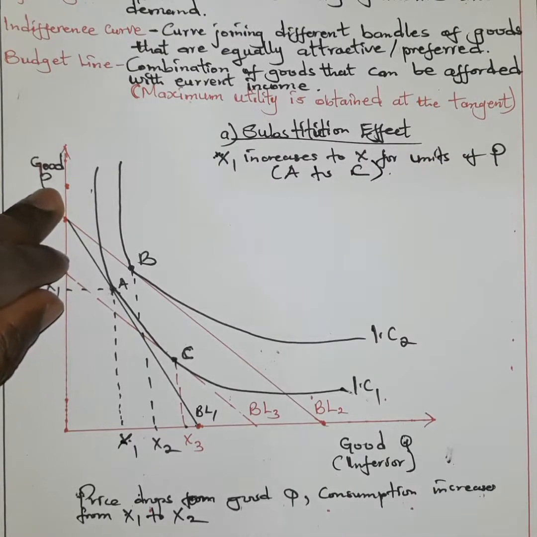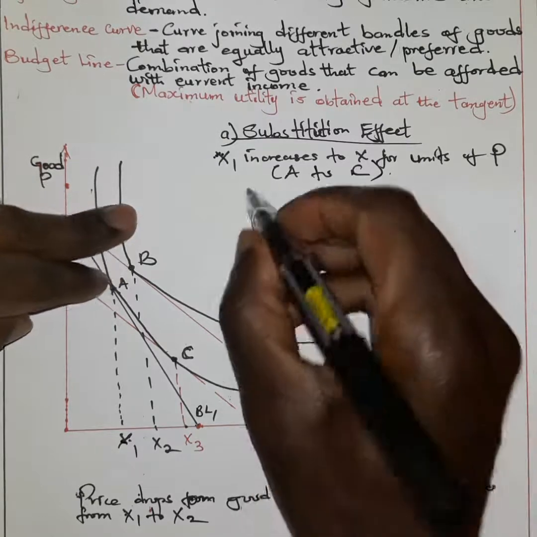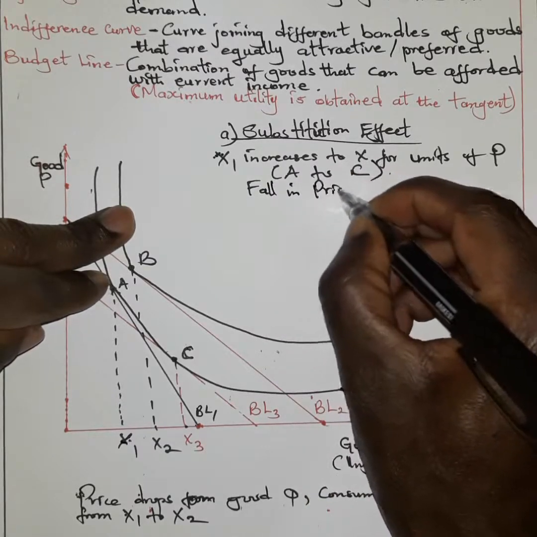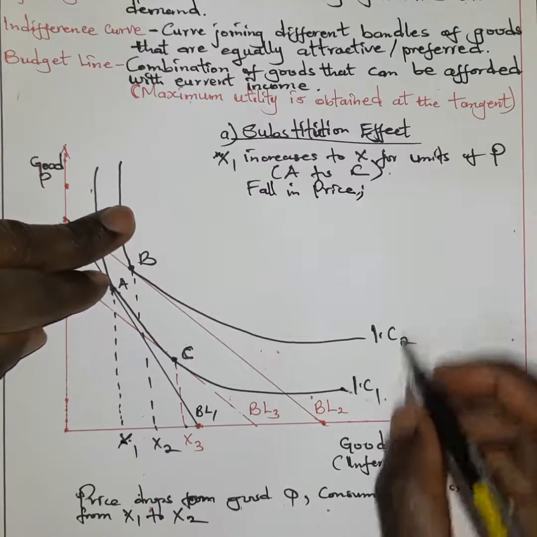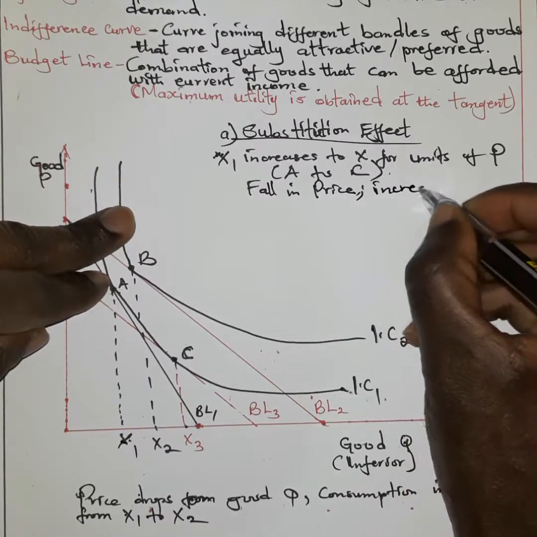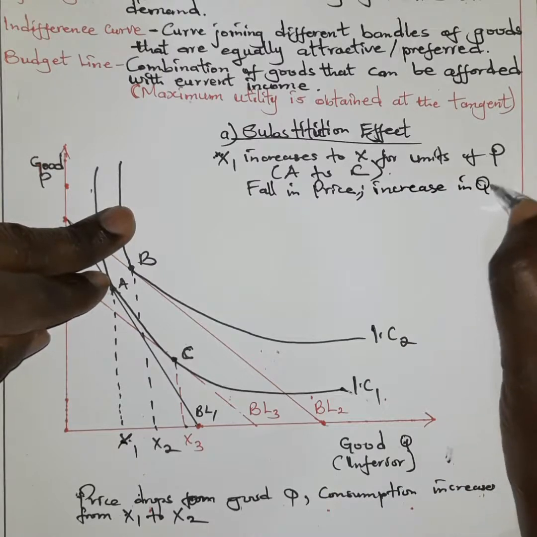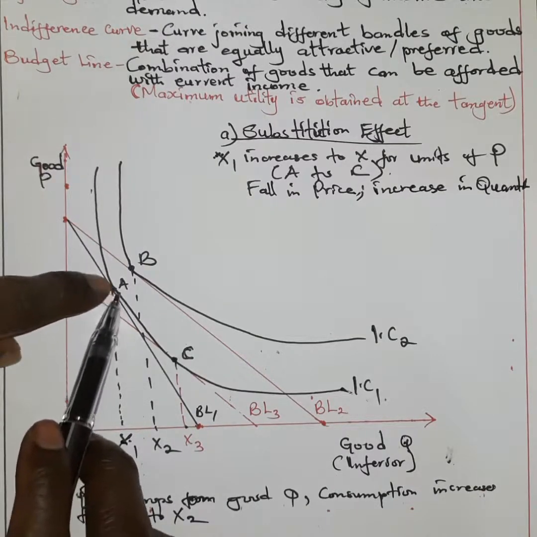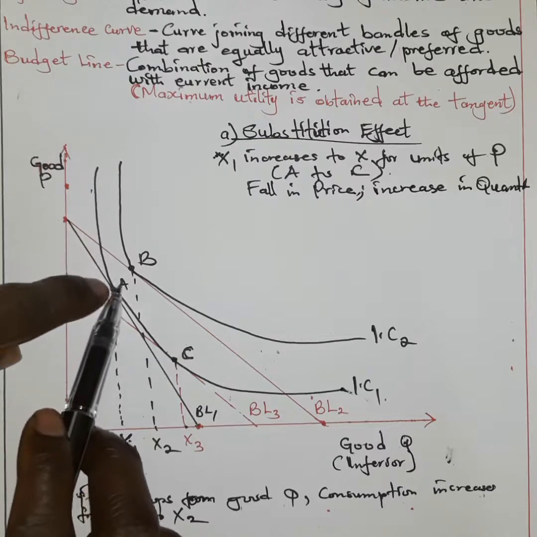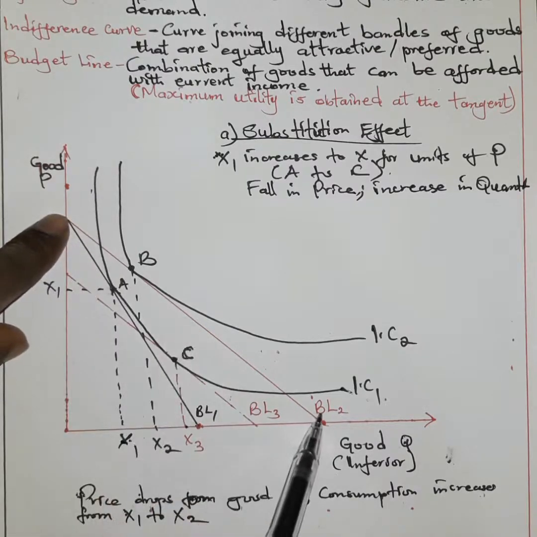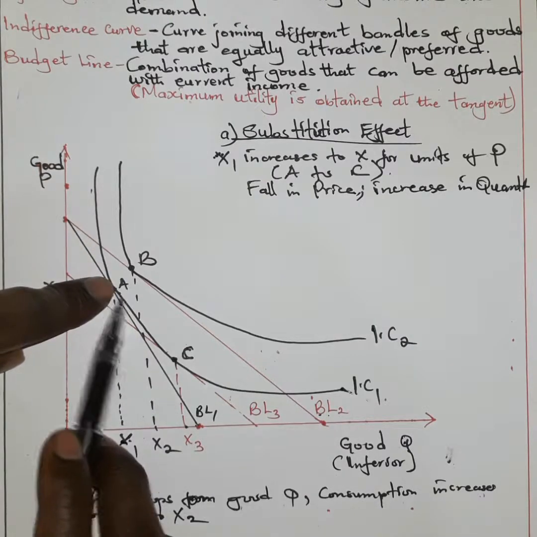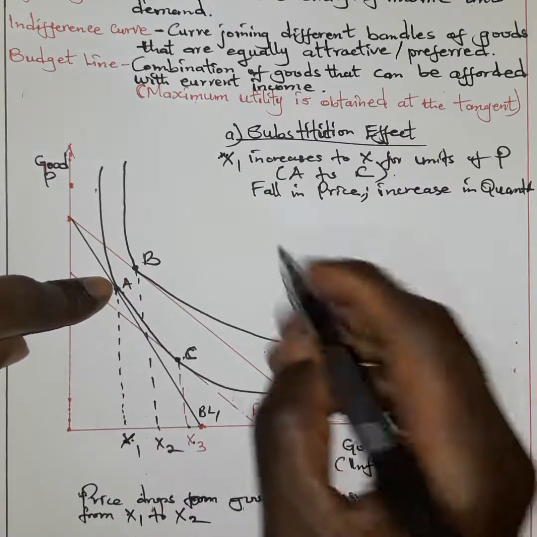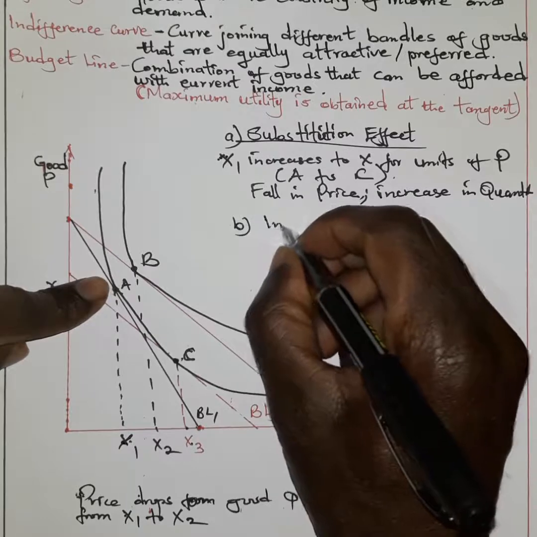And under the substitution effect, when you have a fall in prices, there will automatically be an increase in quantity consumed, because when the price fell from the budget line B to BL2, the quantity increases from X1 to X3, which is actually from A to C. But now when we talk about the income effect,